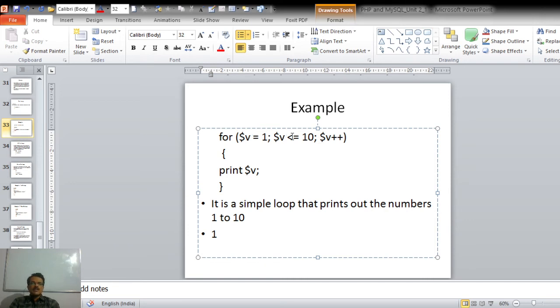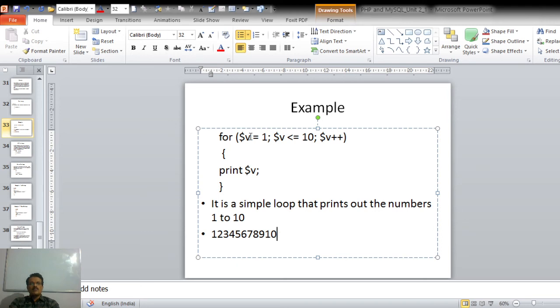Then again the condition will be checked. 2 is less than 10. Yes. Again the value will be printed, that is 2. Then again the value will be incremented. The value of v becomes 3. So 3 will be printed, then 4, 5, 6, 7, 8, 9, and then 10. After becoming 10, again the value gets incremented by 1.